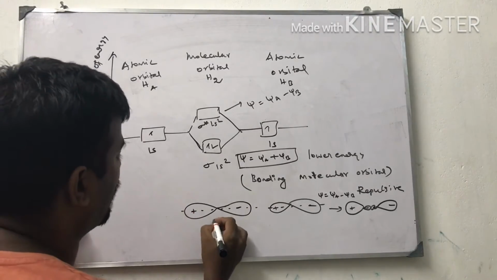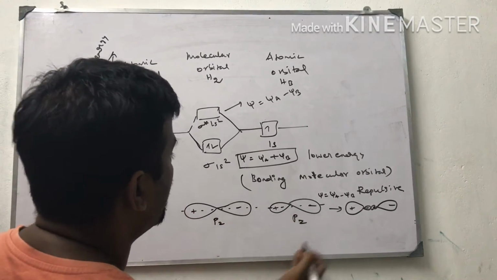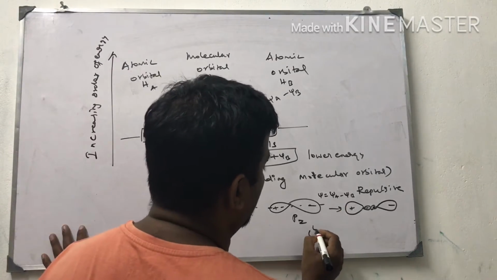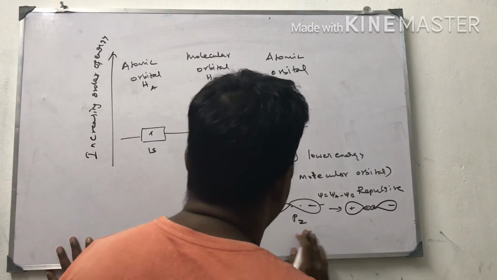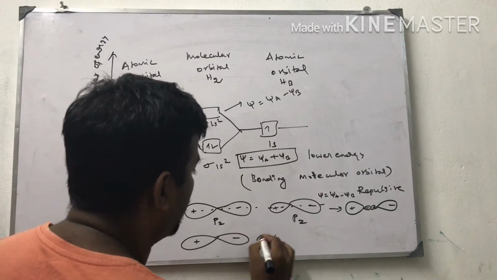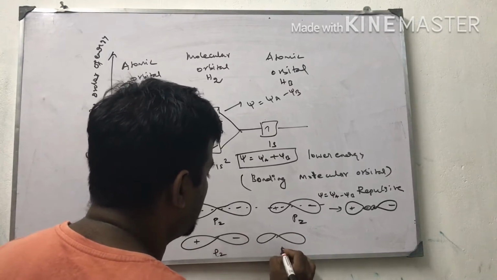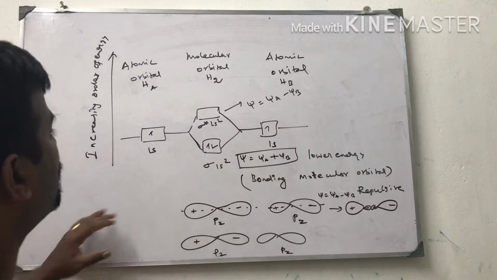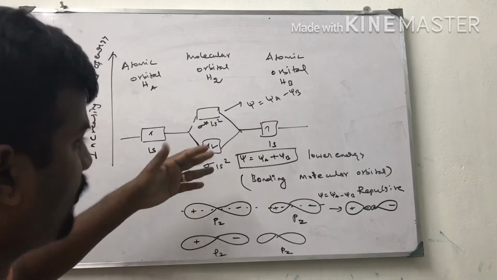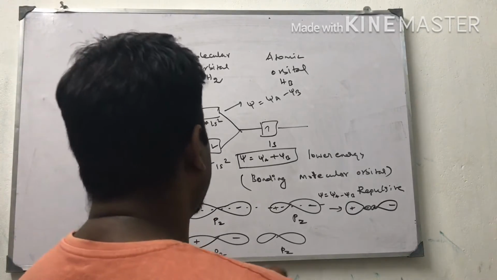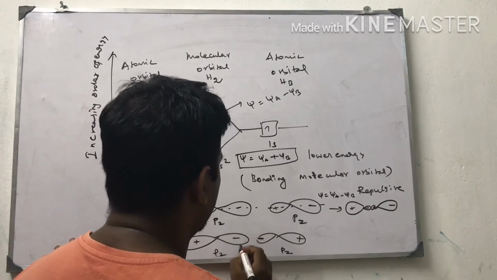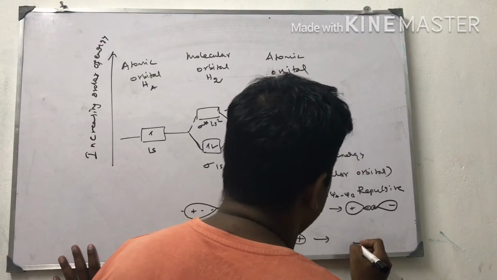This is Pz of one atom and this is Pz of another atom. In the anti-bonding molecule they overlap like this. I am not talking about Pz of hydrogen, since hydrogen has only a 1s orbital. Sorry for that. Some other elements with higher atomic number have p orbitals; suppose they combine like this, minus and minus, addition will take place.